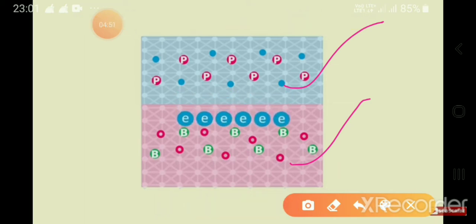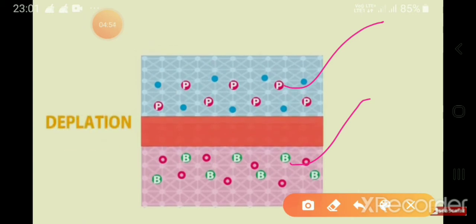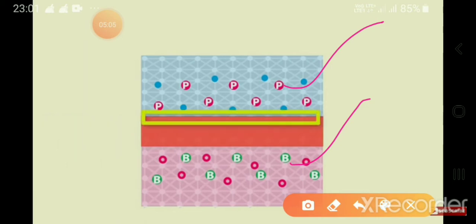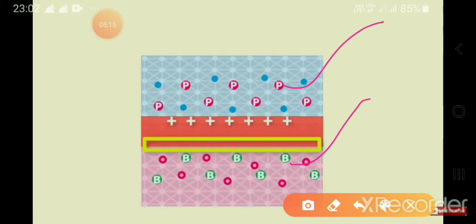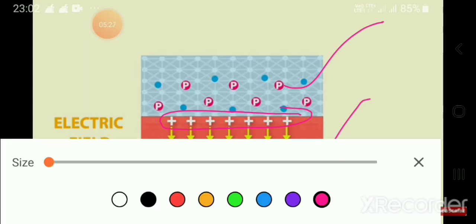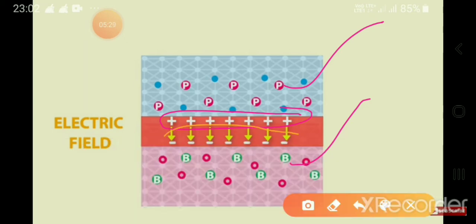Now from the n region, some electrons move to the p region. As a result, the depletion region is formed. And remember that there are no free electrons or holes in the depletion region. Due to migration of electrons from the boundary of the n region, this n region boundary will become slightly positively charged. You can see here, children, that this is becoming positively charged. While the boundary with the p side will become a little bit negatively charged. I'll show you different colors so you can understand. This becomes slightly negatively charged.